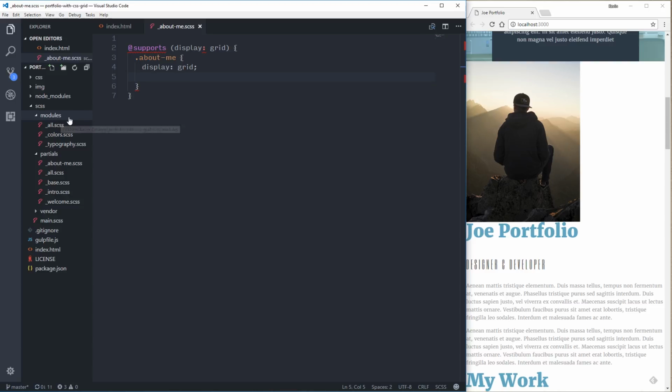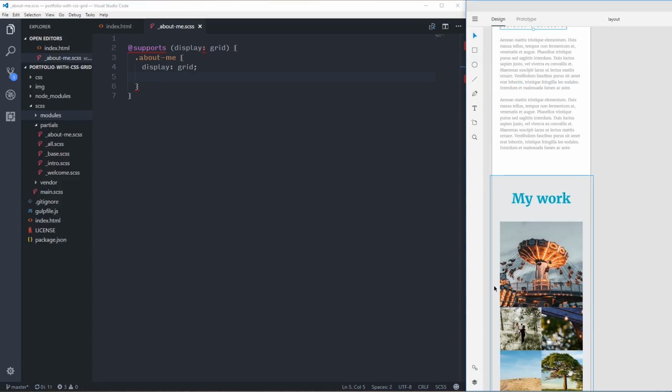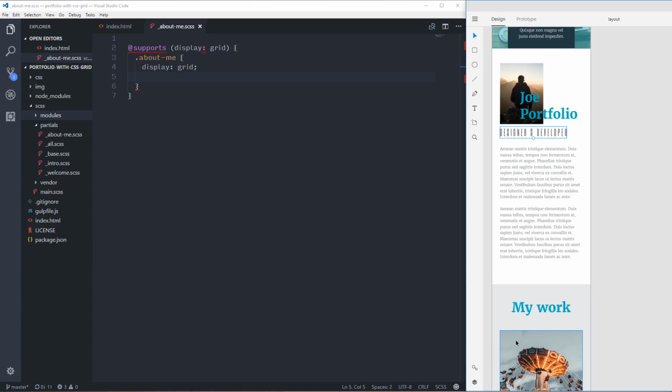I'm gonna make a new file. No, am I? Let's just go look at my XD design again. That sort of wraps in there. This also gets it. Yeah, I need a container. So